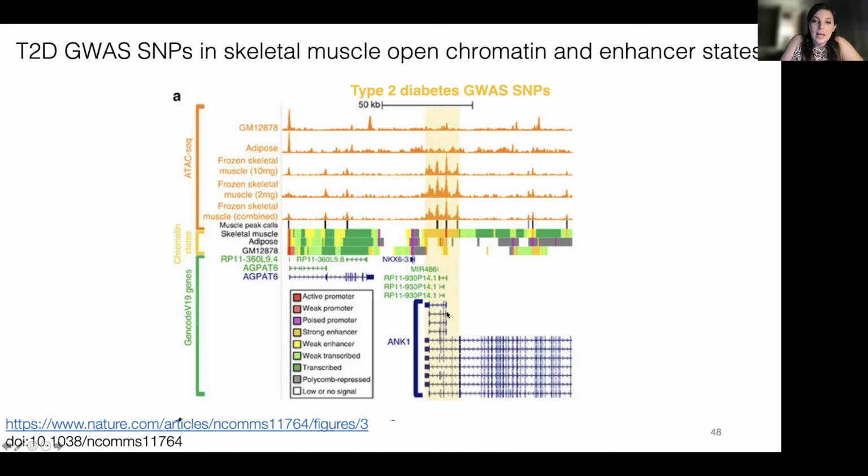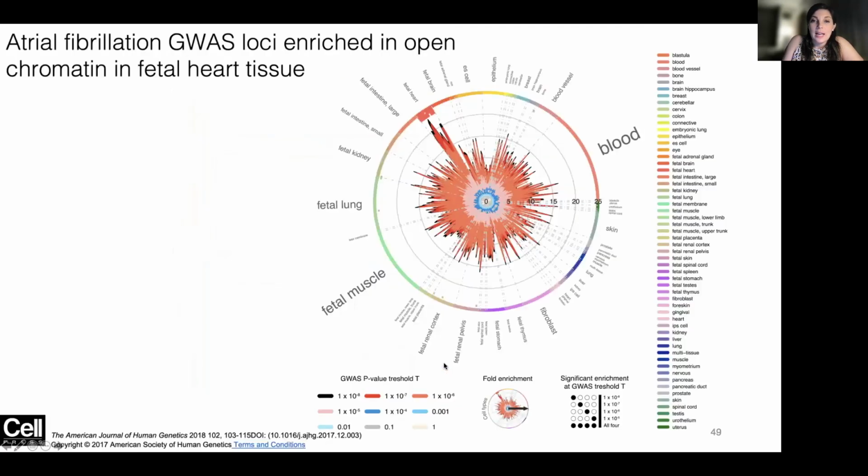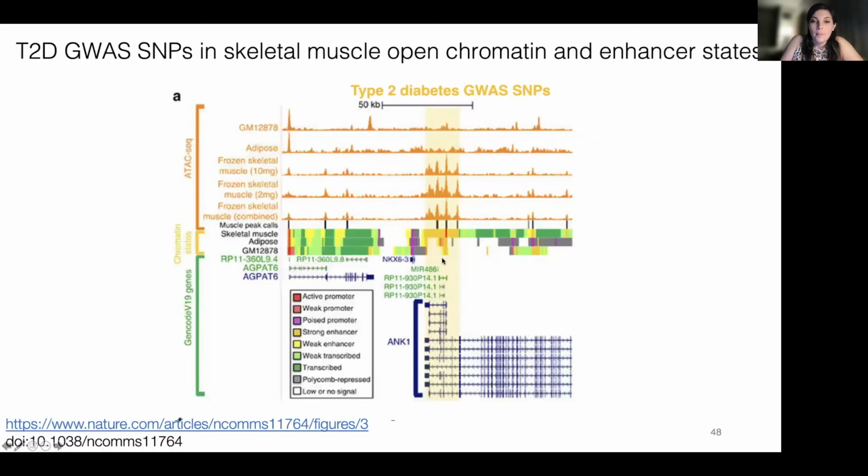And then it's overlapping this UNC1 region, which has a lot of different isoforms. And basically there are type 2 diabetes GWAS SNPs that fall in this region that has all these enhancers and the ATAC-seq and the genes. So I'm putting this all together in the UCSC genome browser to make some hypotheses about these type 2 diabetes GWAS